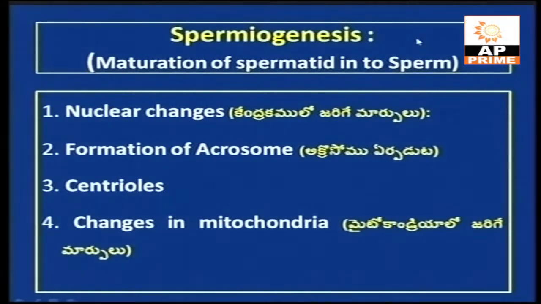Maturation of spermatid again consists of 4 stages. The first is nuclear changes, the second is the formation of acrosome, the third is the formation of centrioles, and the fourth is the changes in the mitochondria. Firstly, the nucleus which is present in the spermatozoa will decrease in size,